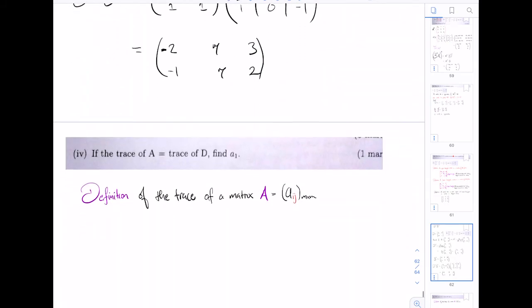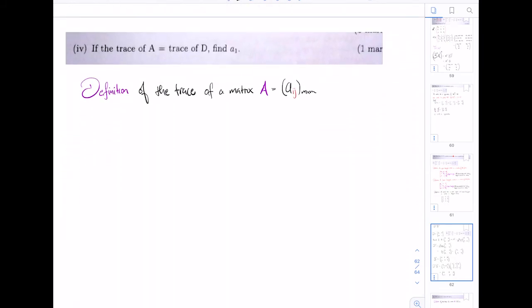Right, moving right along to our last question. So here the last question says, if the trace of A is equal to the trace of D, find A1. Now let's look at the definition for the trace of a matrix. Here I give you a matrix A, which is an M by M matrix. Of course, the matrix has to be a square matrix. We use the notation TR and the matrix in brackets, and we condense this by using our summation symbol, I equals 1 to M. Here, in words, we say that it is the sum of the